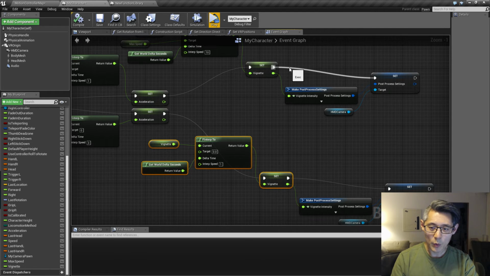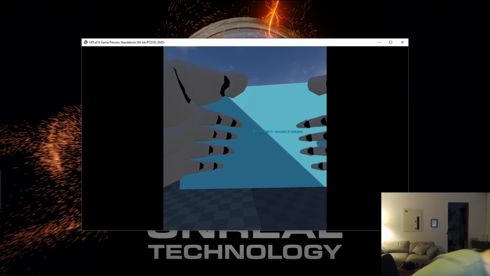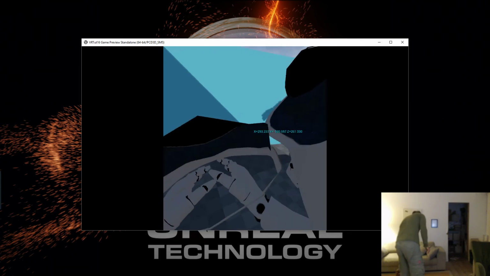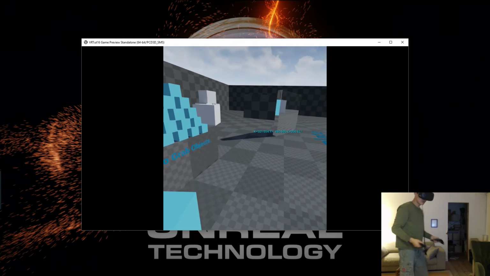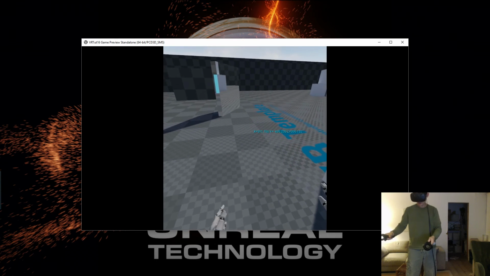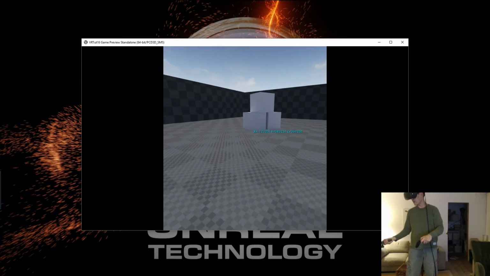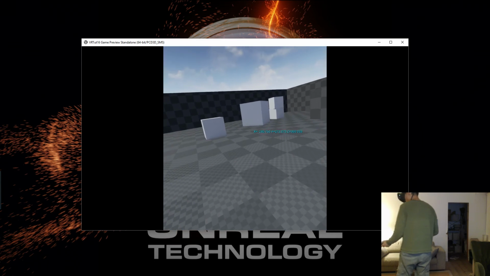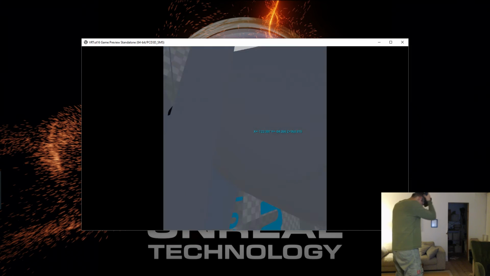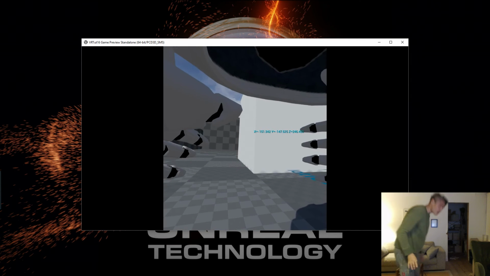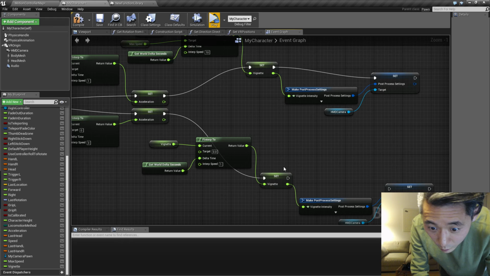So if I just for a moment turn this off and show how it looks without it. You see something looking like this, which feels like I'm sliding around, and when I do quick turns like this, I lose my balance and stuff, which is generally not something you want to do to your player. So if we connect up these two vignette settings